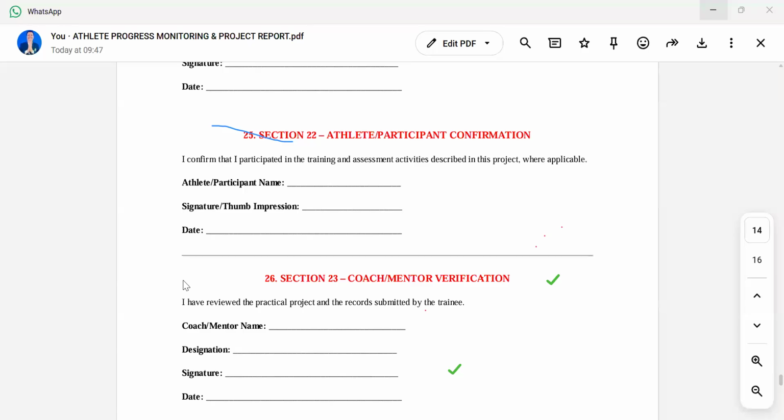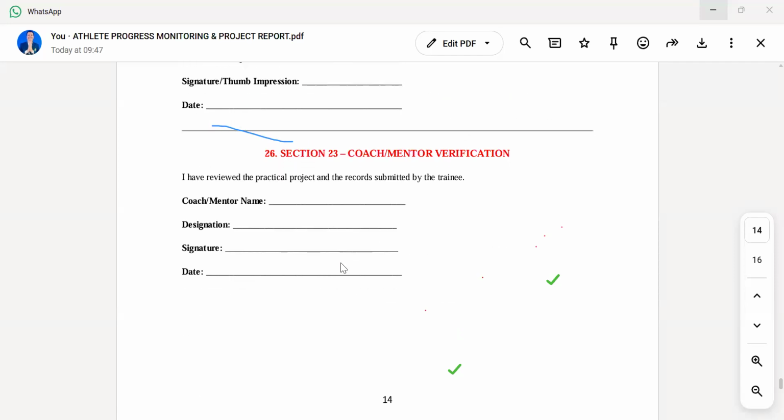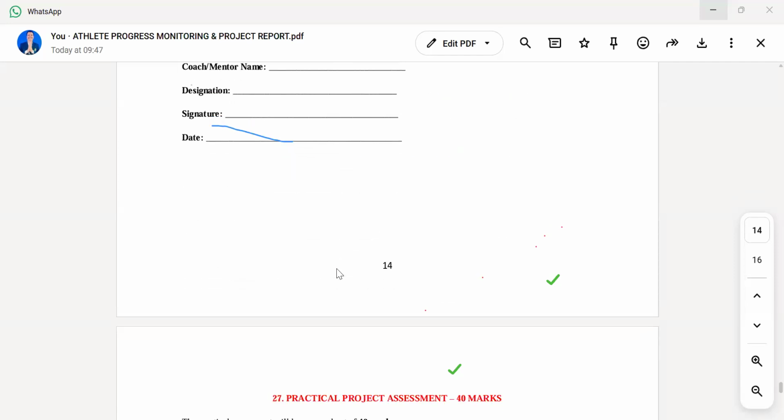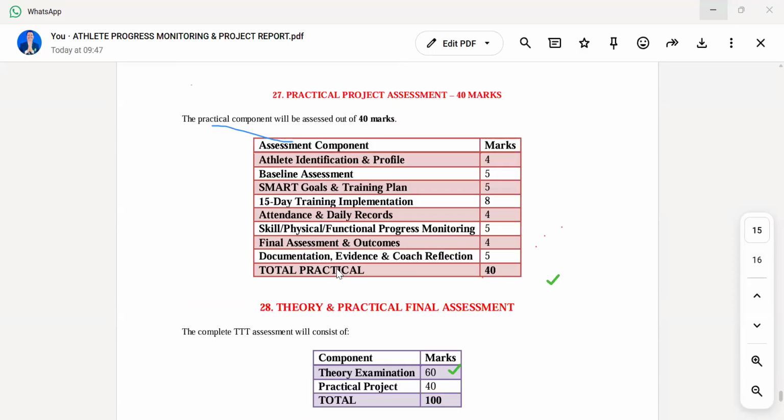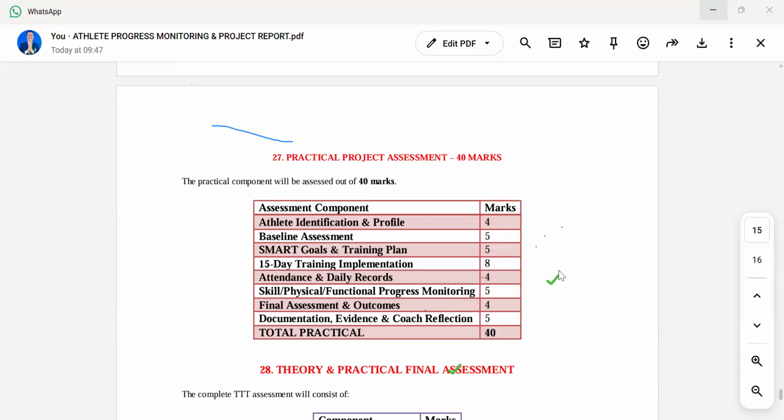And then the section 22, athletes participation confirmation. I confirm that I have participated in the training. उसके parents से लिखवा लेना है. Then coach, mentor verification. You have any mentor, then you verify. And this is the for 40 marks